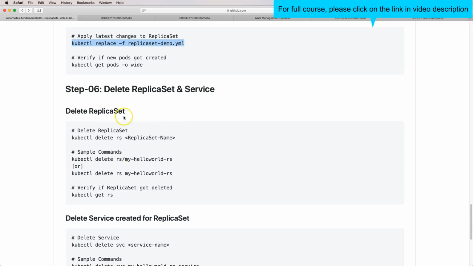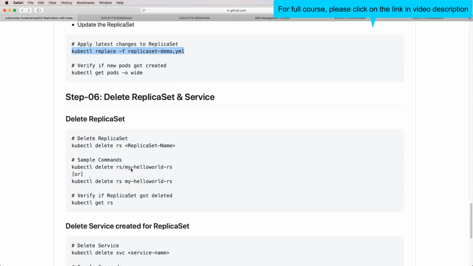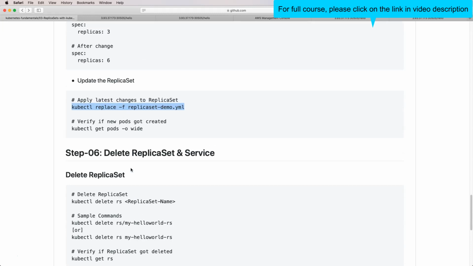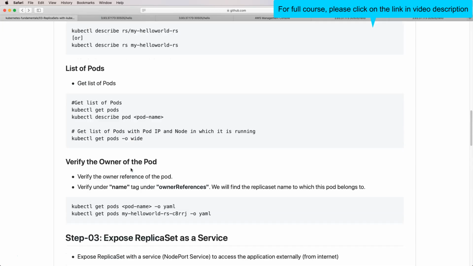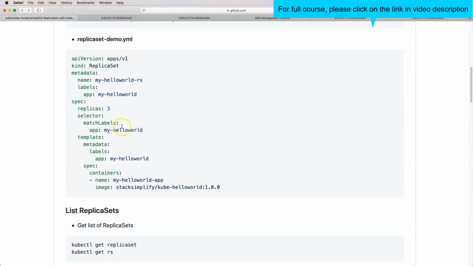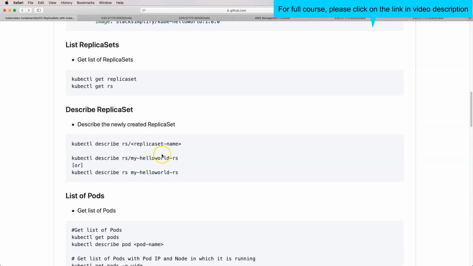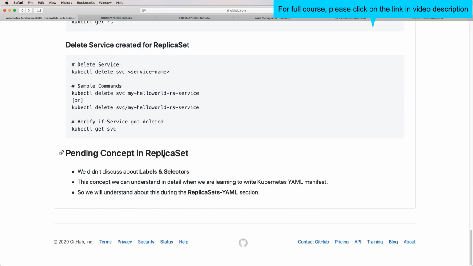This completes the replica set end-to-end that we have learned using the imperative way. We used only the YAML file because imperatively you cannot create a replica set object. One important pending concept in replica sets is labels and selectors.